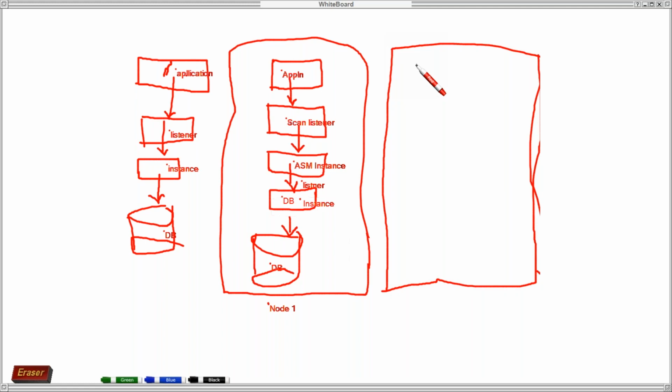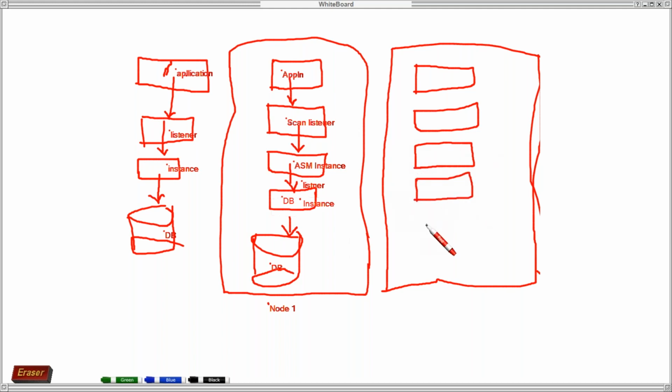Now in the second node you have the same thing: your application is there, the scan listener is there, as well as the ASM instance. Then through the normal listener you connect to the DB instance, and the DB instance gets connected with the database. Fine. So this is how it gets connected. Now what happens if any ASM instance crashes?